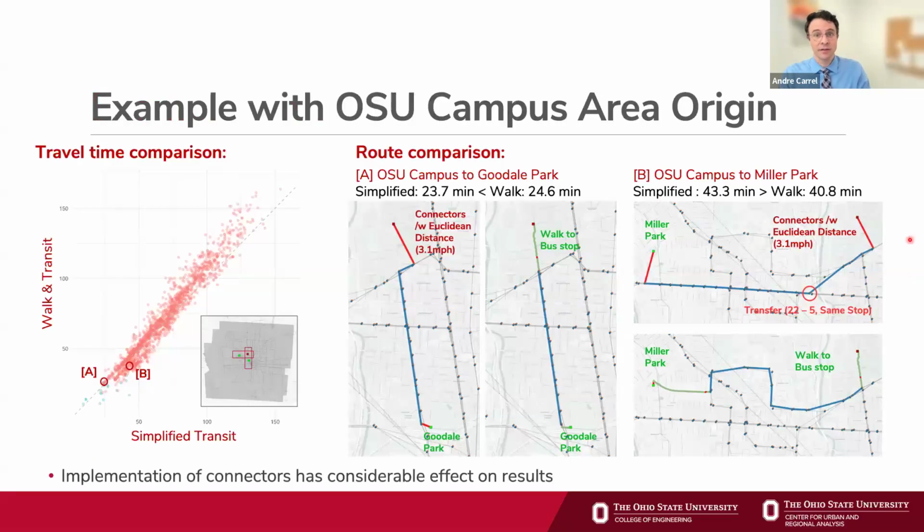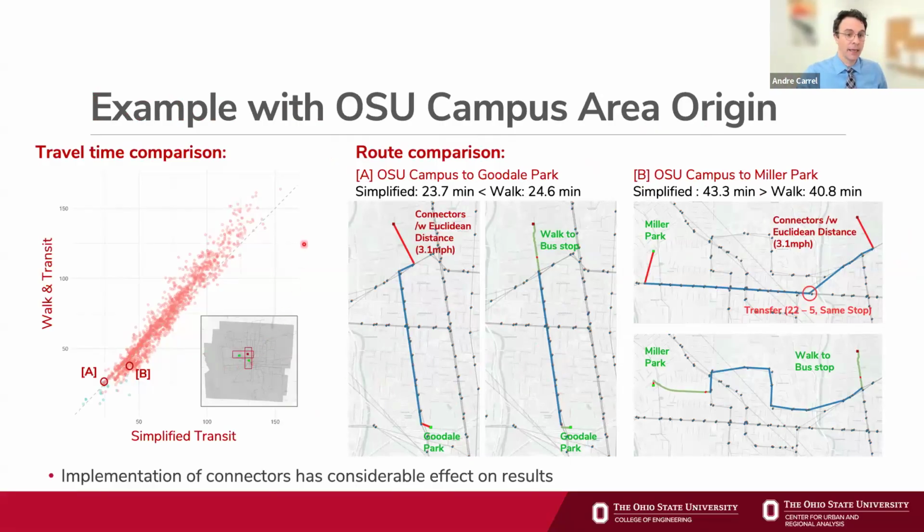And so we decided to dive into this a little bit deeper to illustrate what's going on here. So we have an example here with the OSU campus area as an origin. This is the one that I introduced beforehand. We've already seen this one. But from the OSU campus area, we looked at the travel times to a large set of parks throughout Franklin